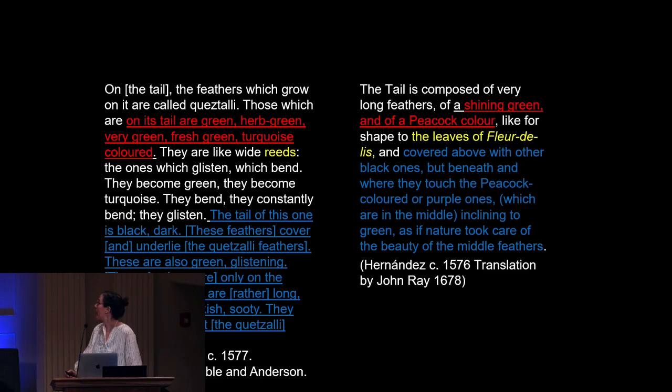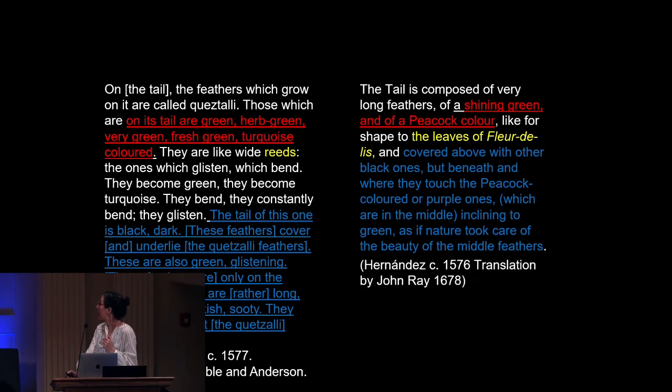Then in the Nahua, it goes on to compare the shape of and the way that these feathers move to reeds. They are wide like reeds, the ones which glisten, which bend, they become green, they become turquoise. Again, capturing the way that the feathers and movement would work together.